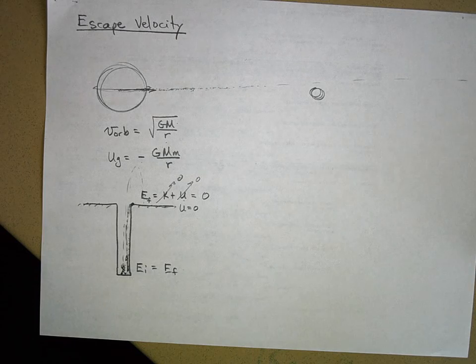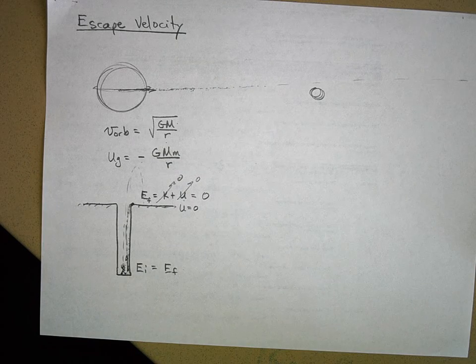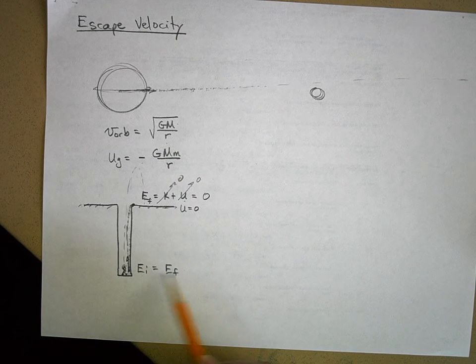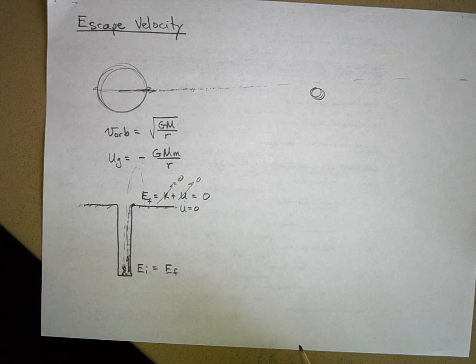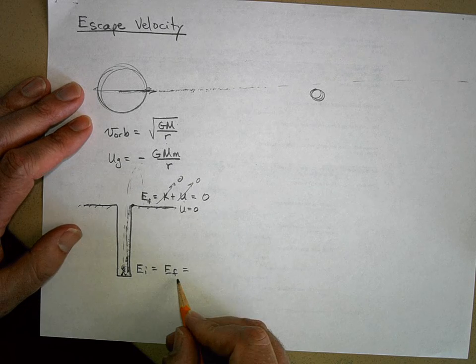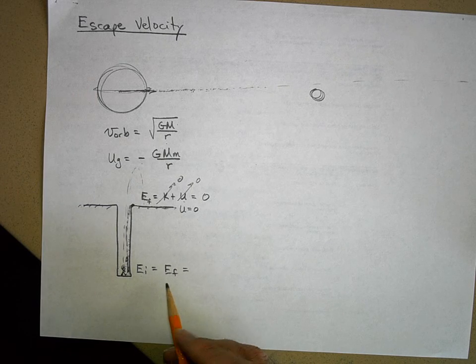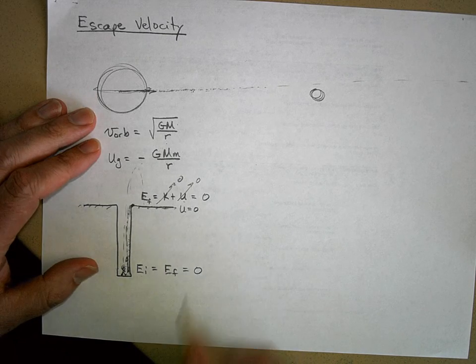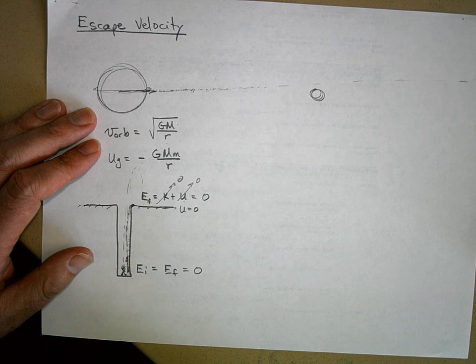Because gravity is the only thing slowing this rock down. Now, we covered that several units ago, so go back. If you've forgotten why this is true, go back and look at those notes. But just accept it for right now. E initial equals E final. Well, if that's true, then E final is 0. Well, that means E initial has to be equal to 0.